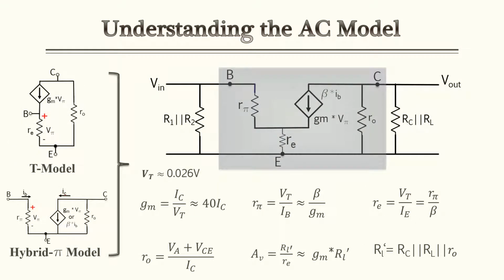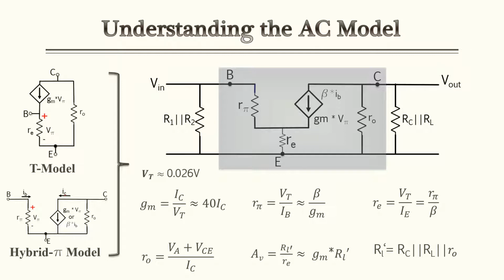Now, if you're going to visualize a model with both the T model and the hybrid model incorporated into one particular universal model, it'd be the one given to the right here. This is one put together that's going to visually give you a representation of how these equations are used. So you can actually see r_e is not your emitter resistor, it's the resistance at the emitter. It's not the same thing as if you had a resistor in there. This is internal